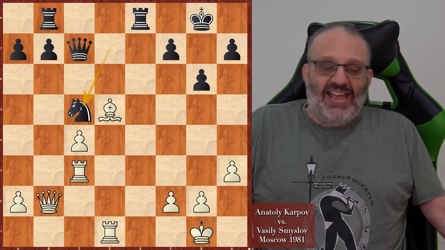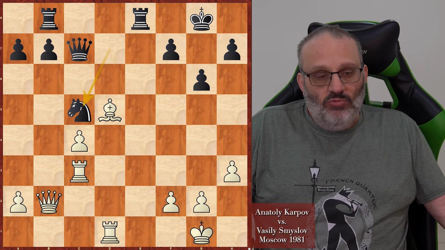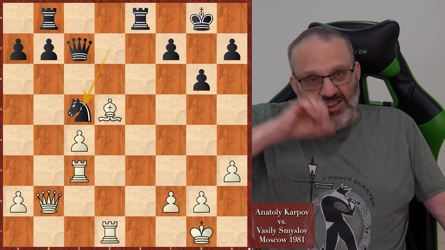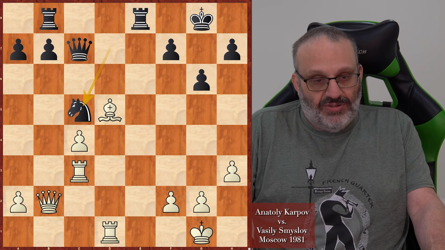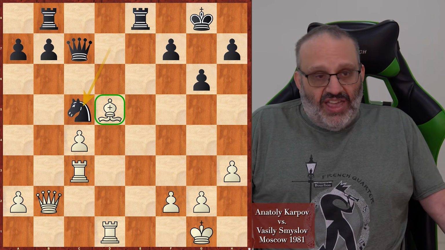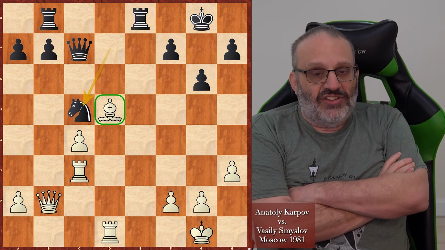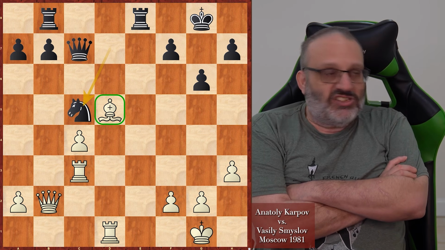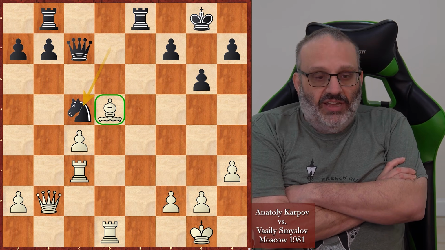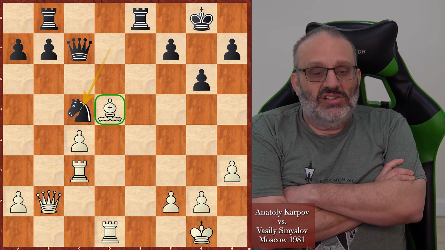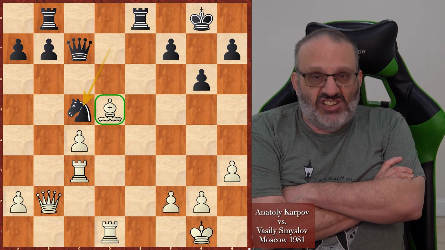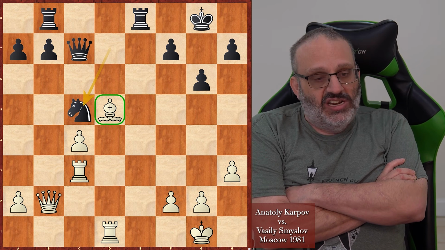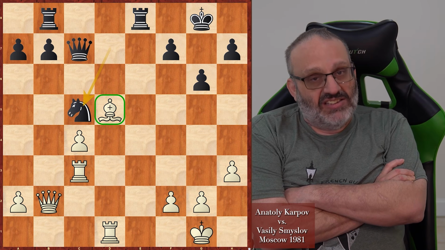And now black has a better pawn structure. White has 2 isolated pawns. But there's no arguing that that's a monster bishop on d5. And this is why chess is difficult, because something is happening and then things change, and you have to decide whether that change is good or bad. And the main way to get good at that is to play a lot of chess and have a lot